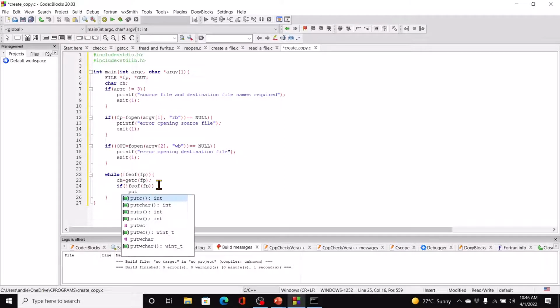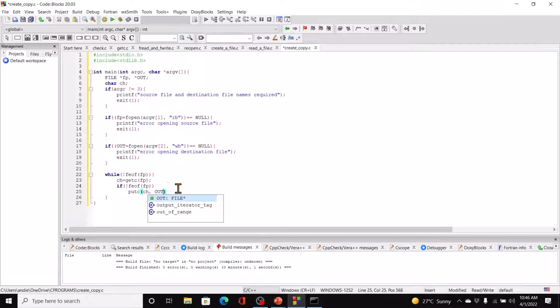So putc ch, comma, out, right? So we're copying character by character there, and of course that loop will continue until the end of file, when